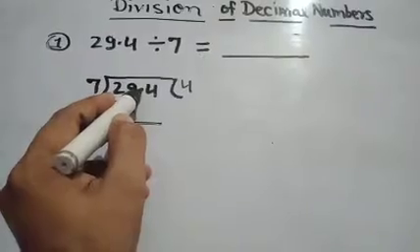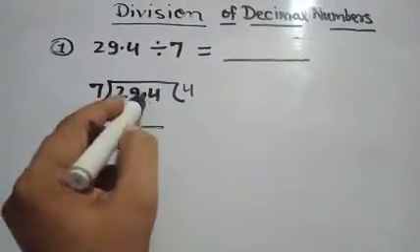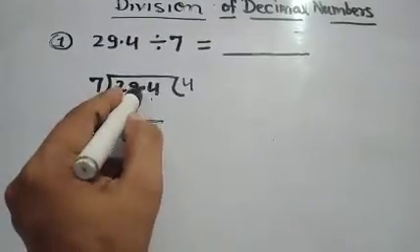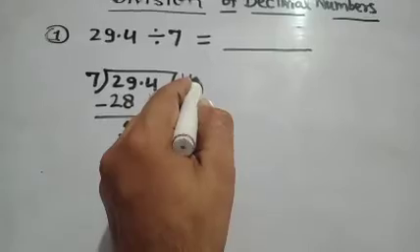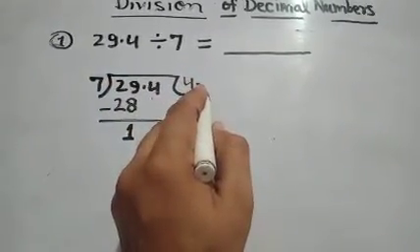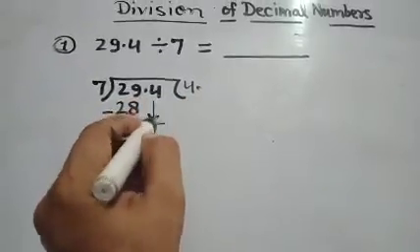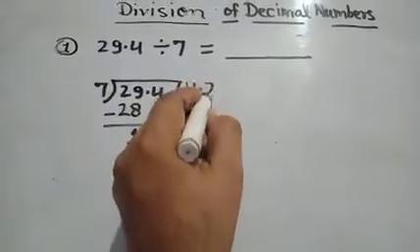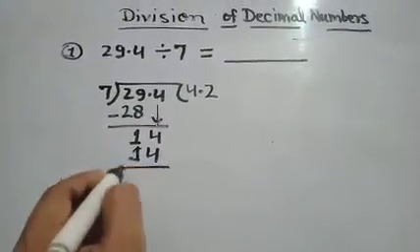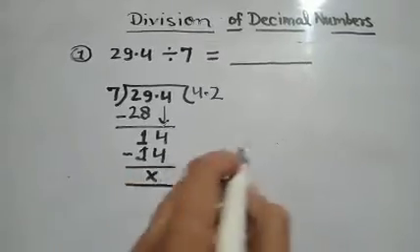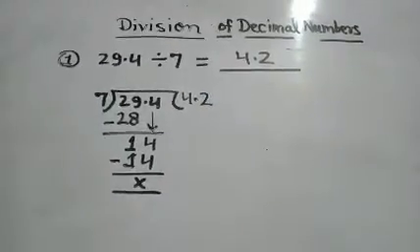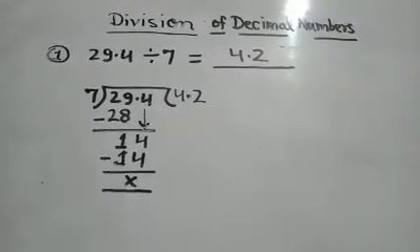Now here is the decimal. Before copying the number, you must check the decimal. So whenever you copy 4, put the decimal point in the quotient. Here, this decimal point shifts in front of the quotient. Now copy 4. 7 2s are 14, 7 6s are 42, so 7 times 6 is 42... the remainder is 0 and the final answer is 4.2. I hope you will understand the division method of decimal numbers.